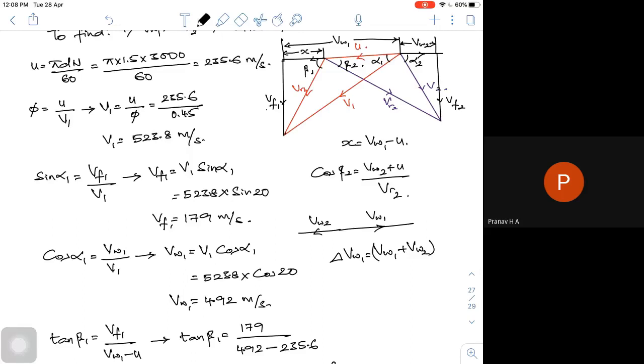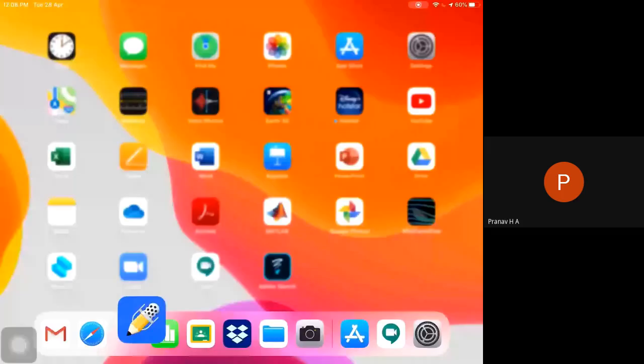So in steam turbines, you should be in a position to solve the given problem using both the graphical method as well as the theoretical, that is the trigonometric method. Okay, fine. So we'll stop at this particular point and we'll take up the remaining things in the next class. So if there are any